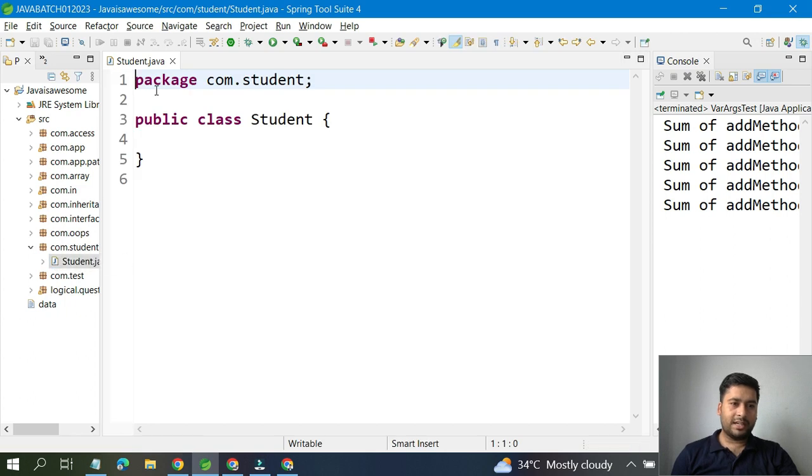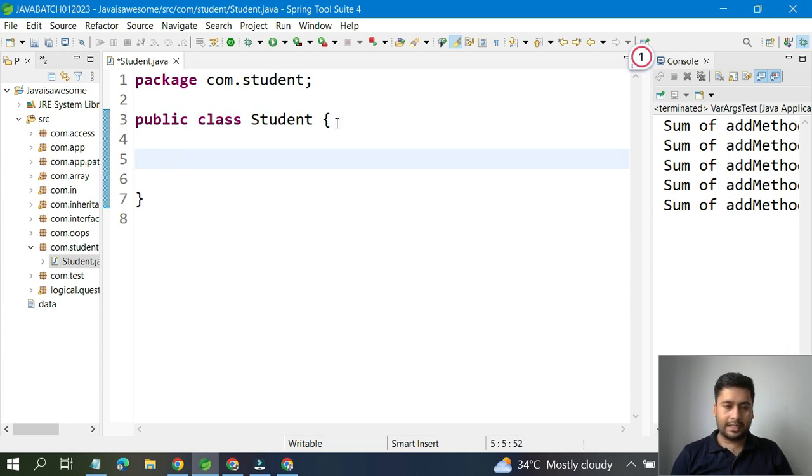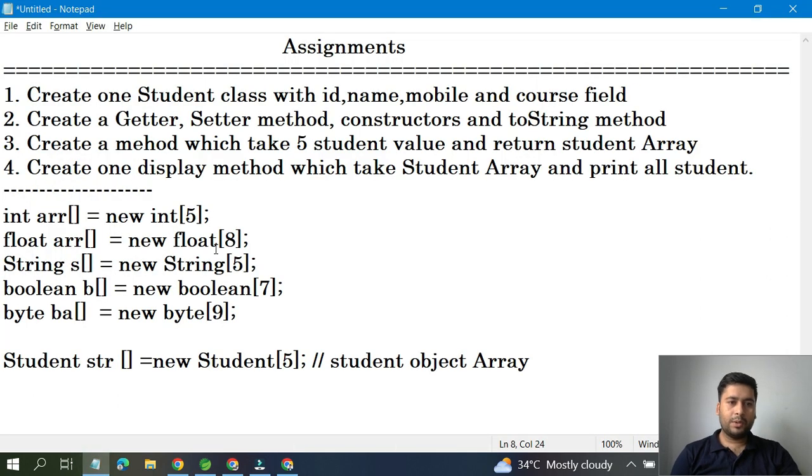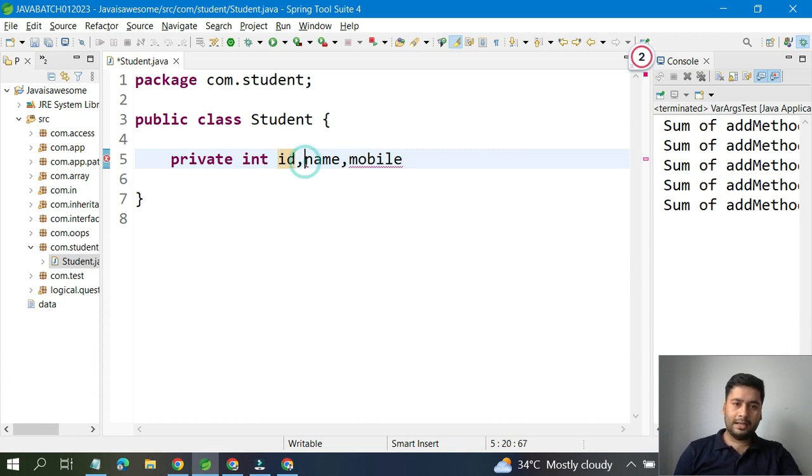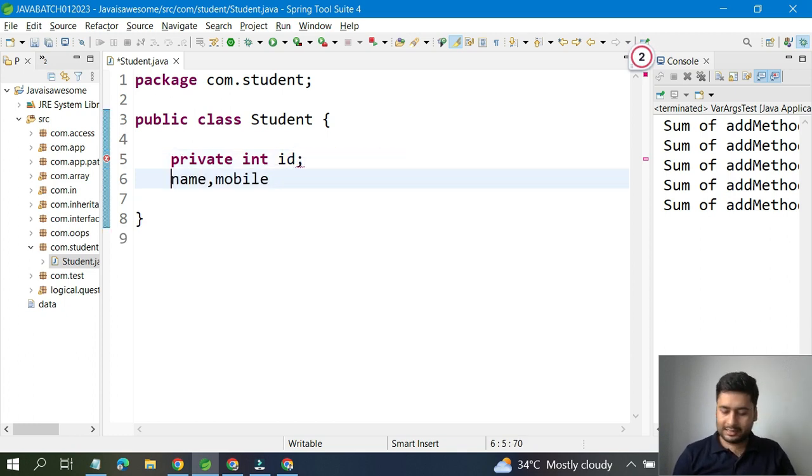So here we have created one student class, okay. Inside this I told you we have to create whatever I have mentioned here, which is ID, name, mobile number, those fields, and course, okay. So copy those details and then come here, paste it, but make sure whatever variables you are creating become suitable for encapsulation. So we can make every variable private, and we can take ID as an int, and here we can declare it simply. In the next line we can write private